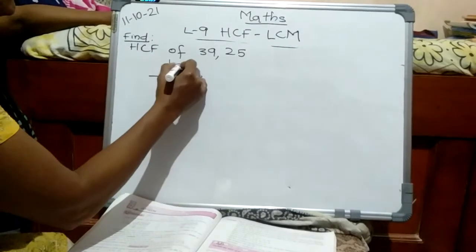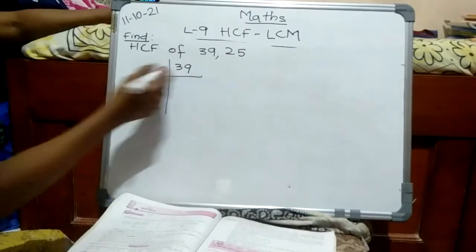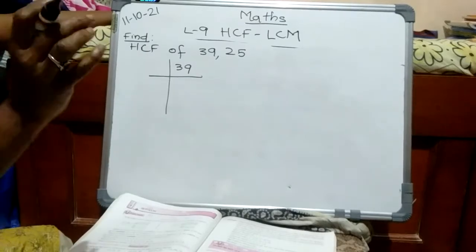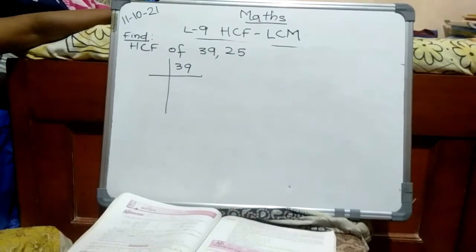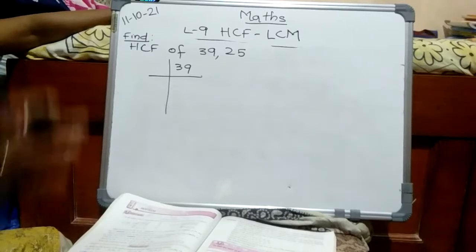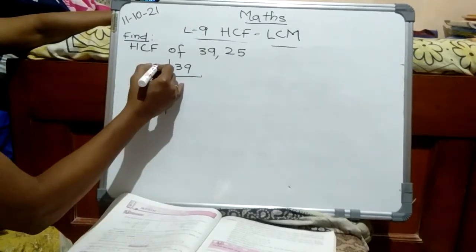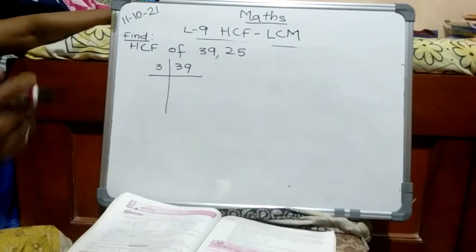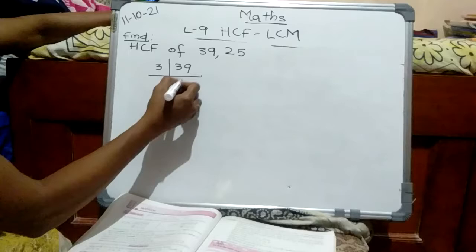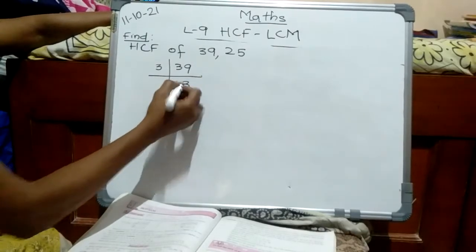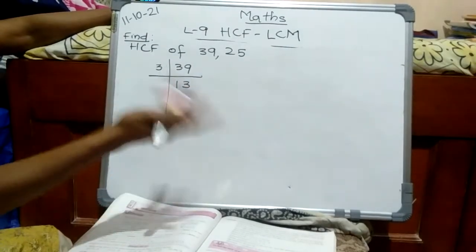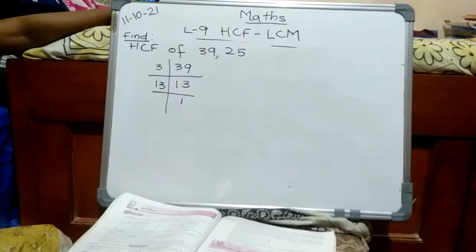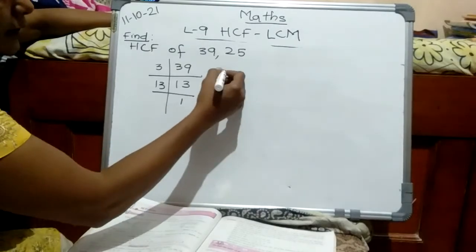39. Now here it is 39. 9 plus 3 is 12. So 12 is divisible by 3. You should remember the divisibility tests we have done in the lower class. That is a must. Because all the base is from the beginning. If you remember that, you can do this. Okay. 3 ones are 3, 3 threes are 9. Now 13. 13 is a prime number. It does not have any other factor other than 1. So 13, and we'll put 1. Clear? Okay. Next.